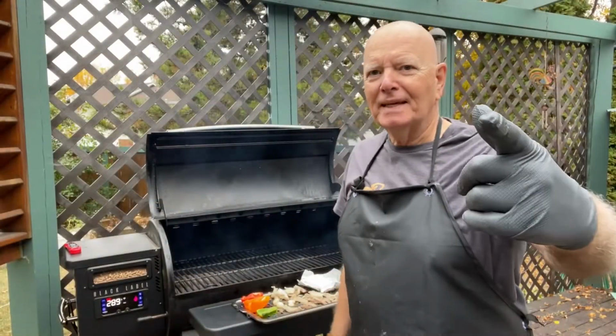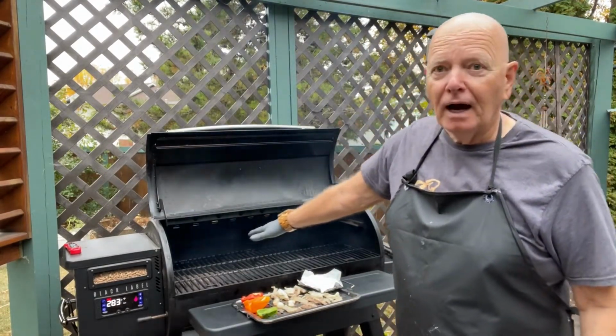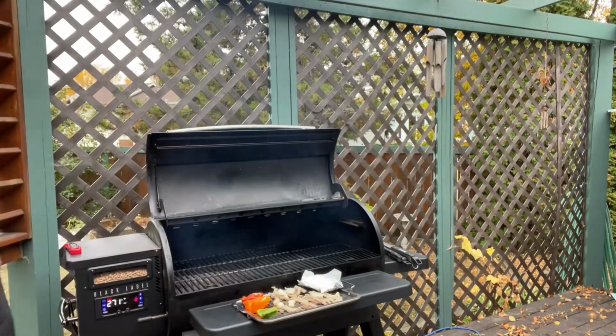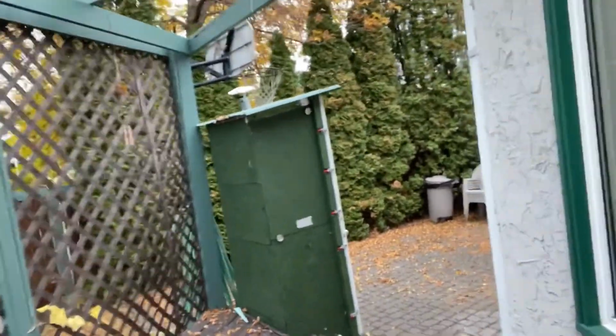All right, it's been a second. I'm just waiting for my Louisiana grill to cool down. And you've probably noticed that actually I've moved my Louisiana grill. It used to be down over here in this corner down here,